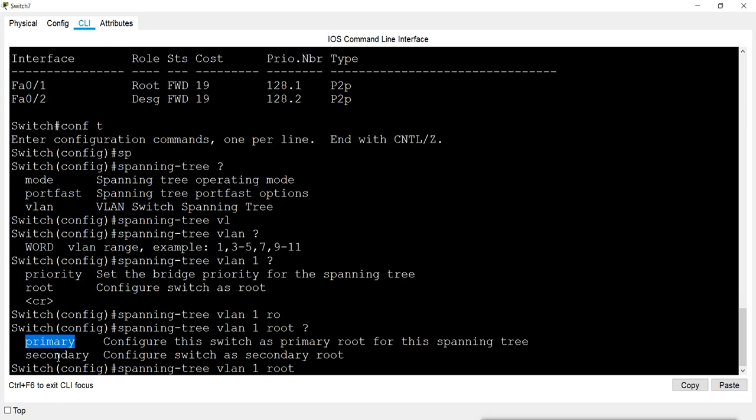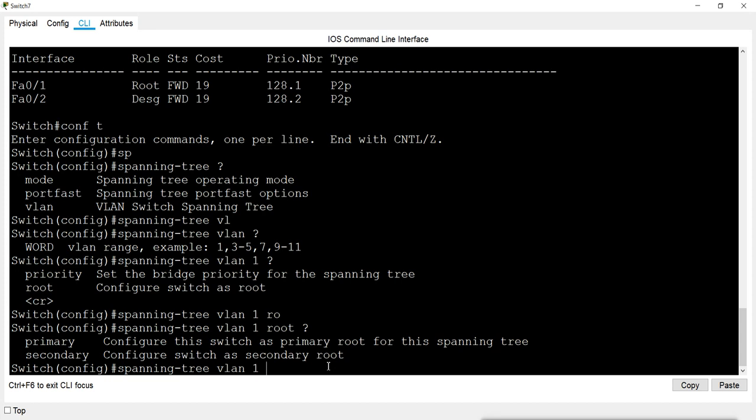Primary means it will directly become root bridge, and we can choose any other switch to be secondary. So if the primary goes down, then the secondary will take its place. Or otherwise we can configure it based on the priority.